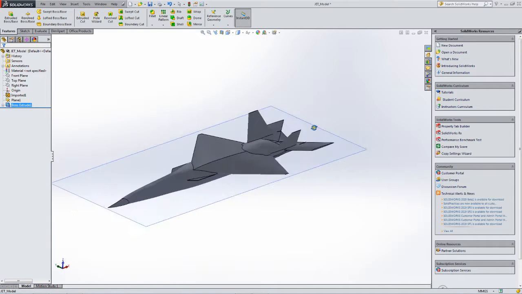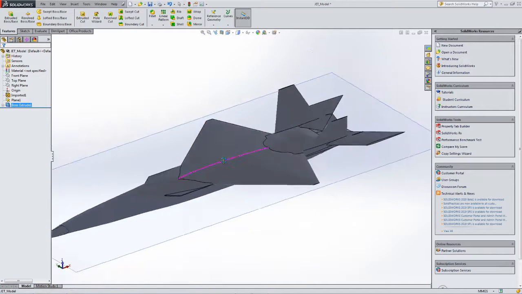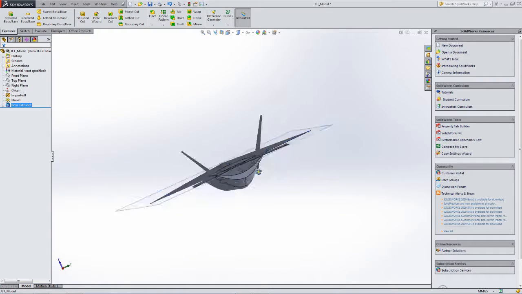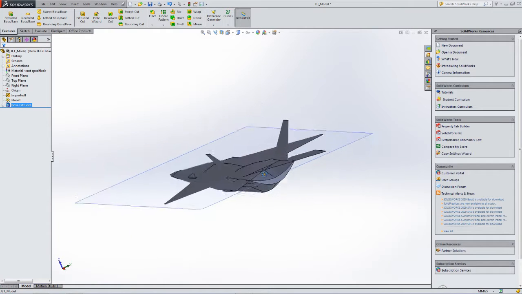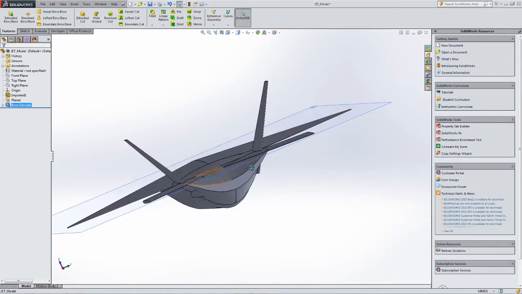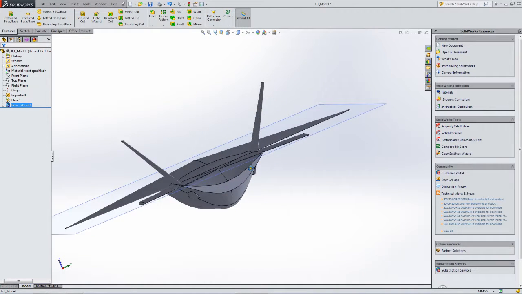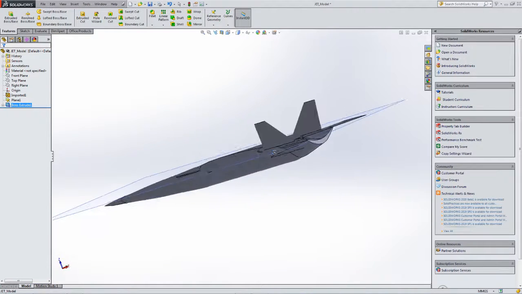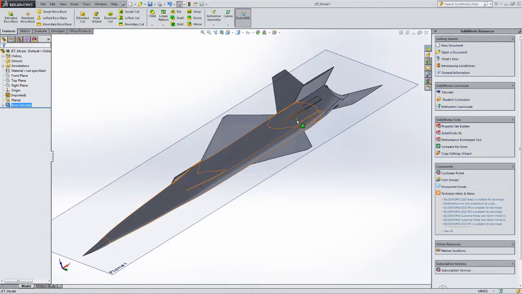Alright, so the front of the airplane looks pretty good now. Back of the airplane doesn't look much like the real airplane, and there's some issues with putting in the wind tunnel mount. Okay,